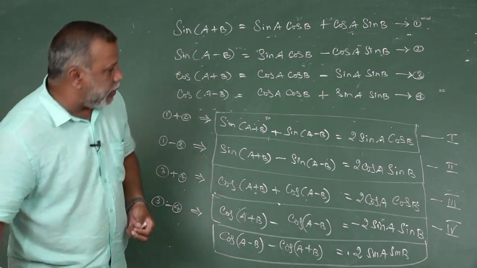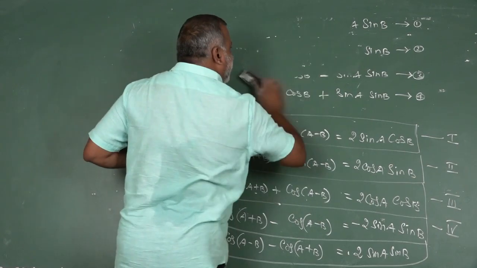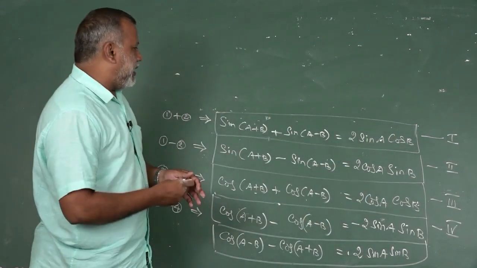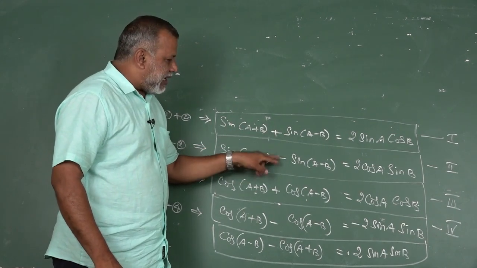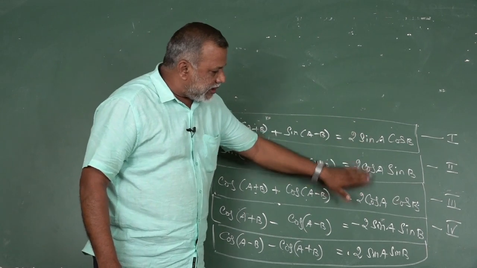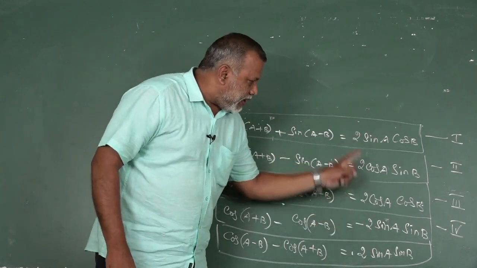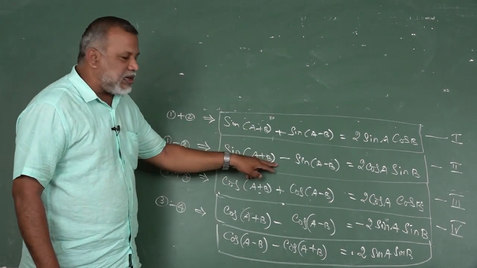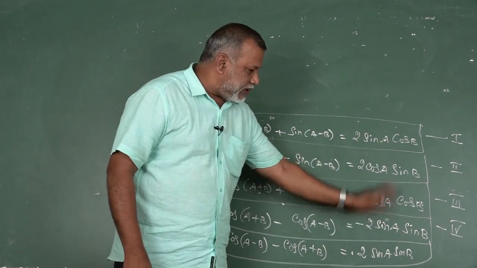From these 4 new results, once again listen, this can be modified. These results are called sum or difference. Sum or difference will produce, see here, all our products. So here on your RHS side only the product. On your LHS side maybe sum or difference. The sum or difference always produces a product only.